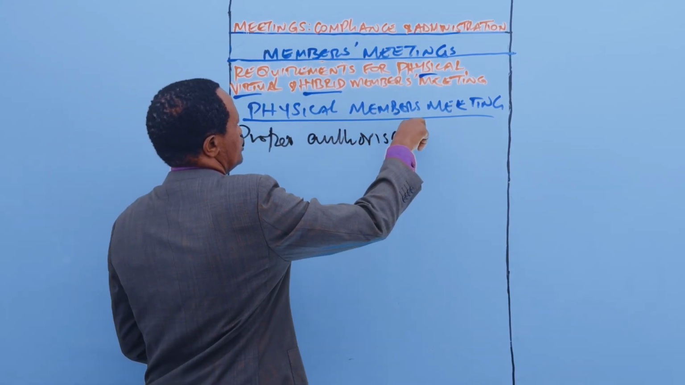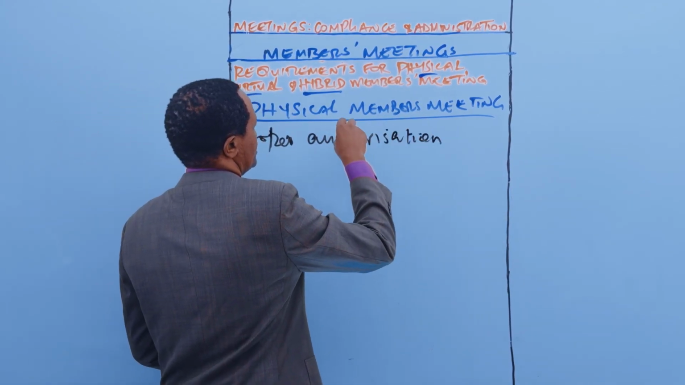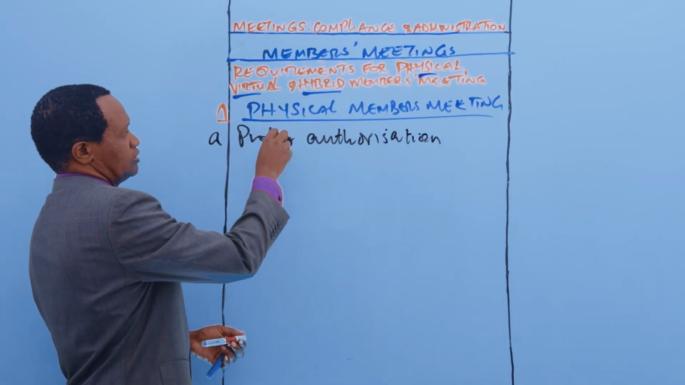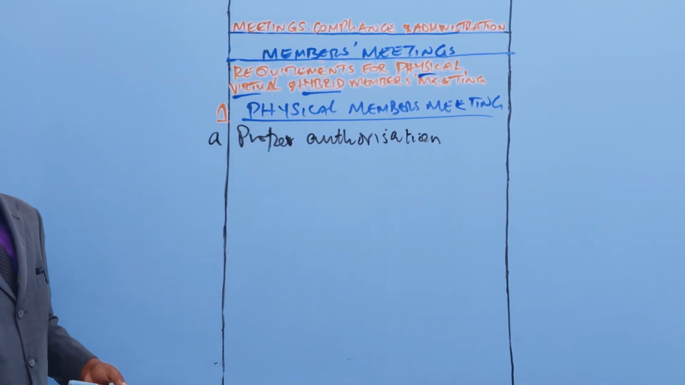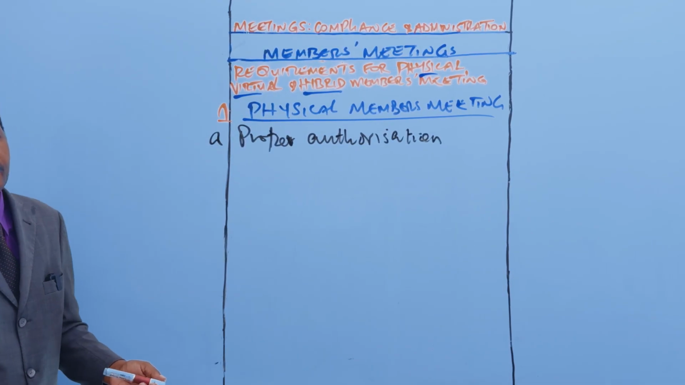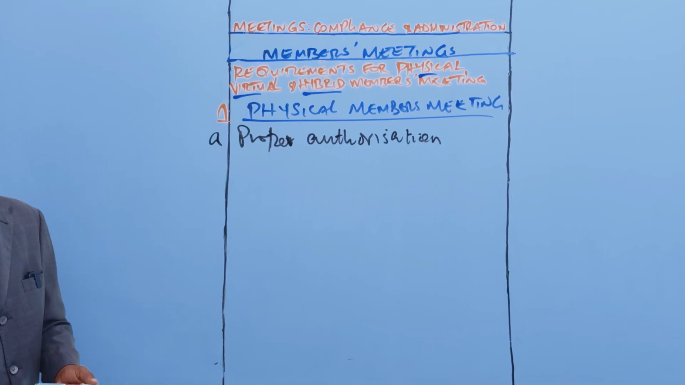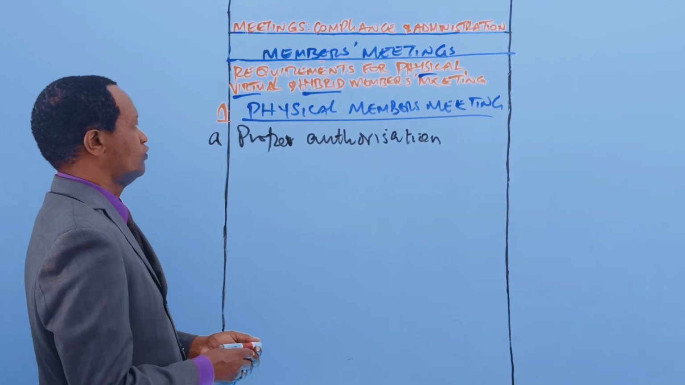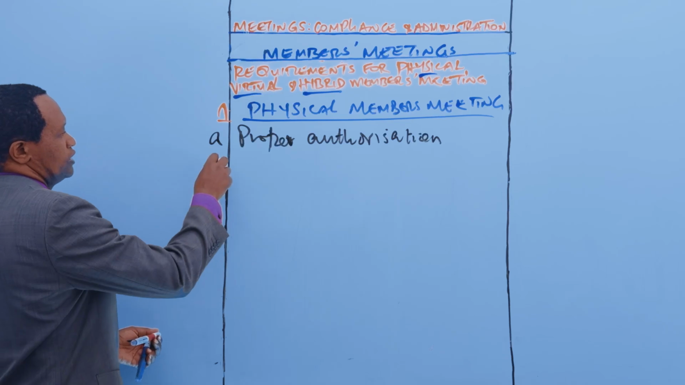It all begins with authorization. A meeting has to be authorized. A proper meeting has to be one that is authorized. The meeting must be called by the board of directors or those authorized by the articles of association. Number two,